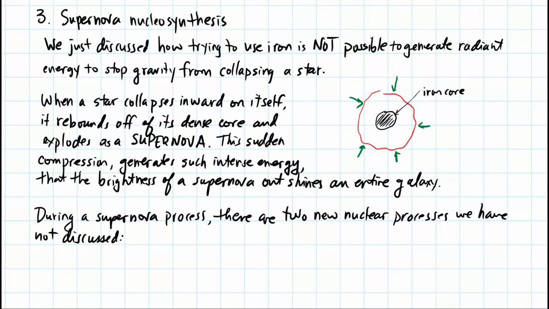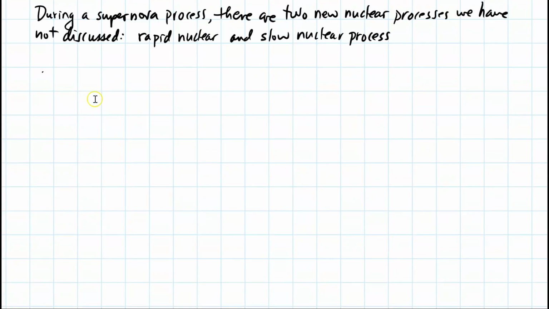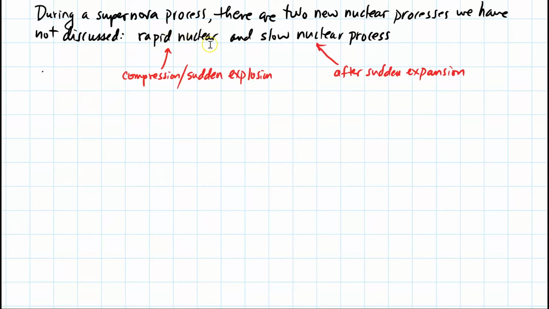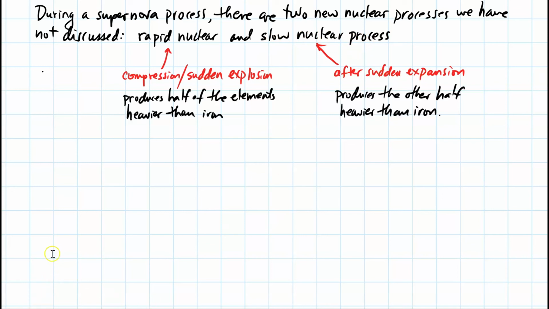During a supernova process, there are two new nuclear processes we have not discussed. There's a rapid nuclear and a slow nuclear process. The rapid nuclear process, also known as the R process, occurs during the compression and the sudden explosion, whereas the slow nuclear process, known as the S process, is after the sudden explosion. In the R process, it produces about half of the elements heavier than iron, whereas the S process produces the other half of the